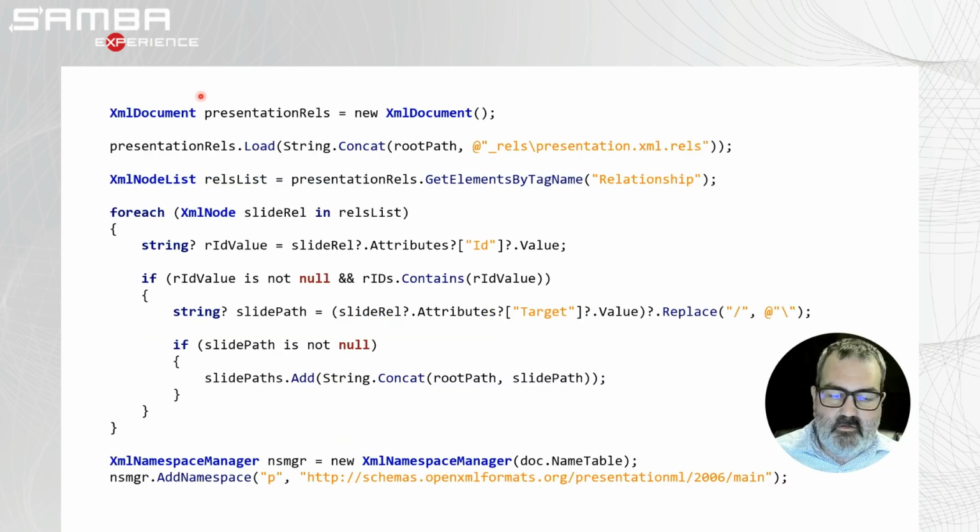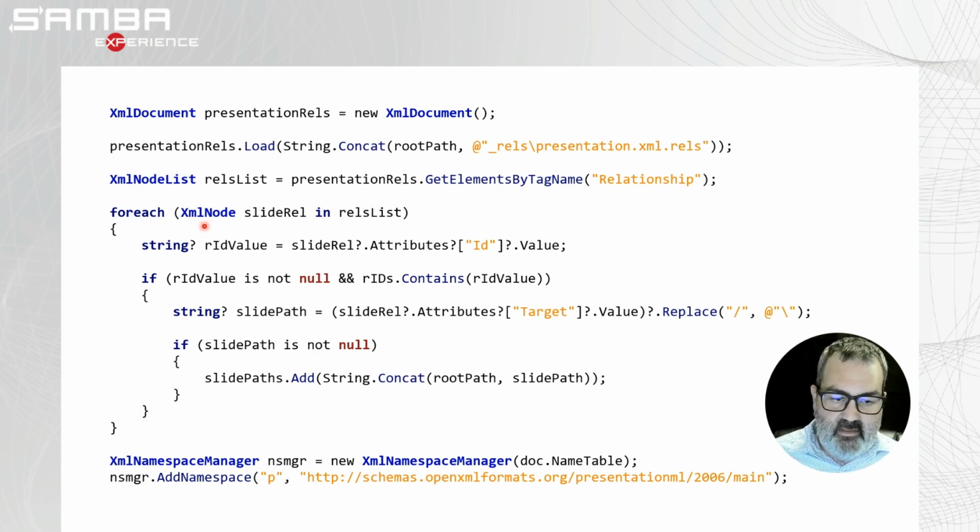Once you have the list of relationship IDs, you'll need to create a new XML document to read the presentation relationships file. You can load in the root path and go to the presentation XML.rels, which is its relationship file. You can get a node list from that XML document by the tag name relationship, and then you can for each over each node in that list, and for each node, if the ID matches one of the IDs from your ID value of the slides,